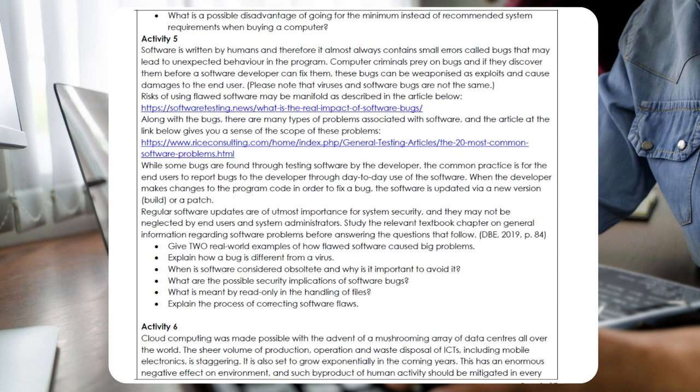end users to report bugs to the developer through day-to-day use of the software. When the developer makes changes to the program code in order to fix a bug, the software is updated via a new version, build, or a patch. Regular software updates are of utmost importance for system security, and they may not be neglected by end users and system administrators. Study the relevant textbook chapter on general information regarding software problems before answering the questions that follow. DB 2019,